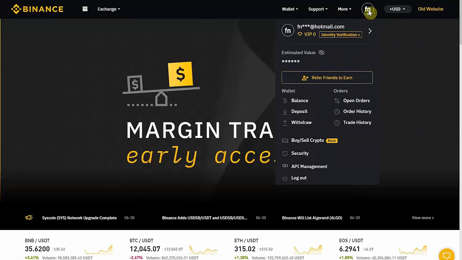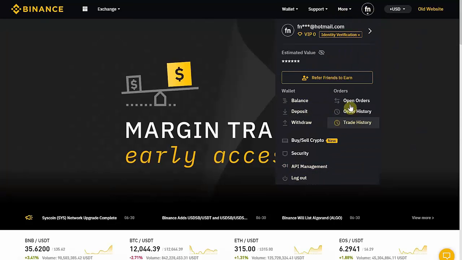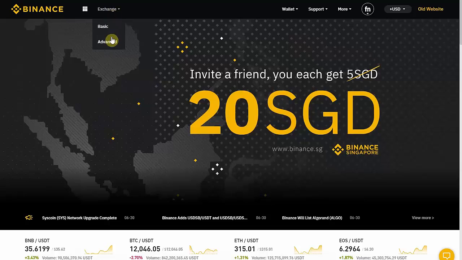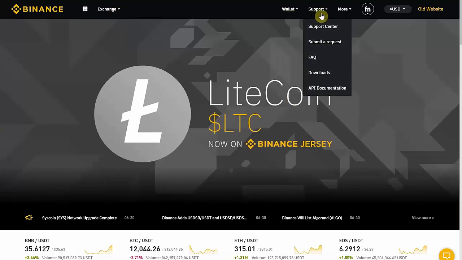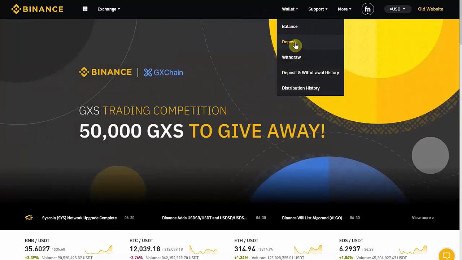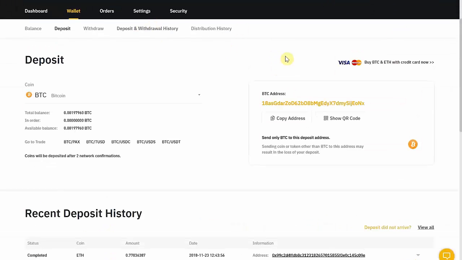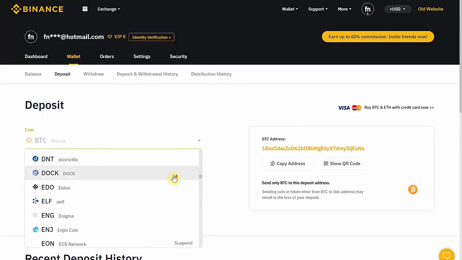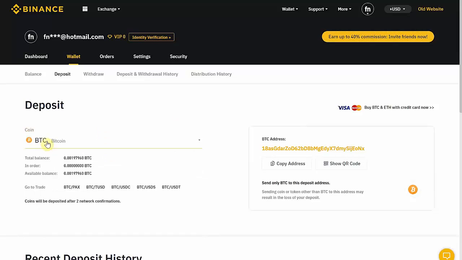So I'm already logged in. You have my account information here, along with some shortcuts. This is the same as I showed you before. The exchange, wallet, support, and more. I'm going to go ahead and select the deposits. So over here you have the coin selection. I mean, if I want to deposit Bitcoin, I would select BTC there,